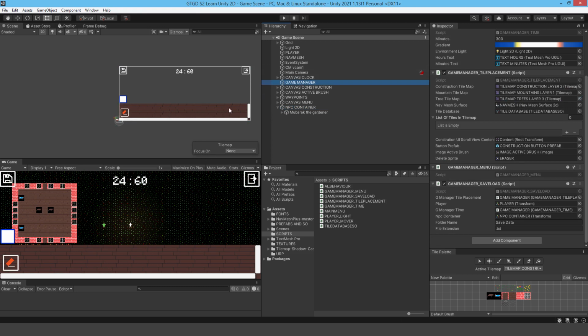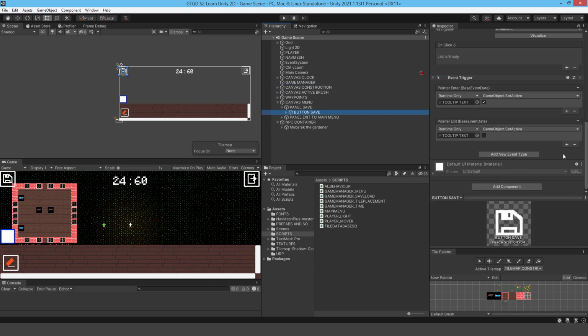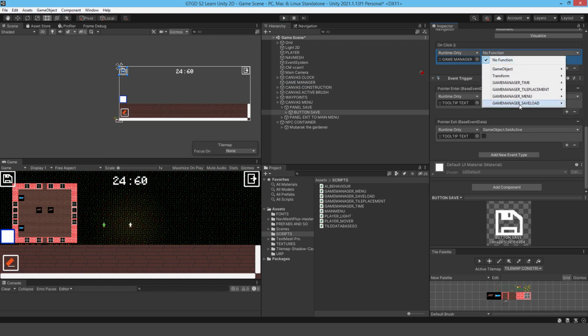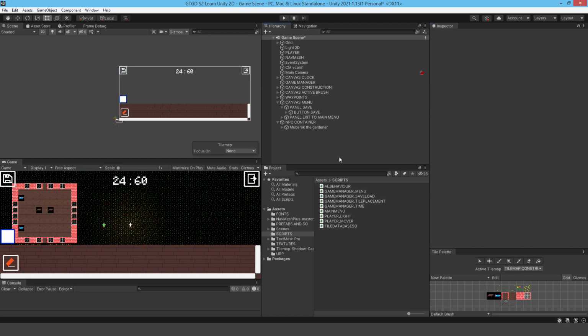looking good. Now obviously I need to assign it to the button, so let's go ahead and do that. So canvas menu, panel save, button save. Let's add that in on click, put in here game manager, put in the game manager save load, save game. All right, so now we're on to something. Okay, let's go ahead and hit play, and